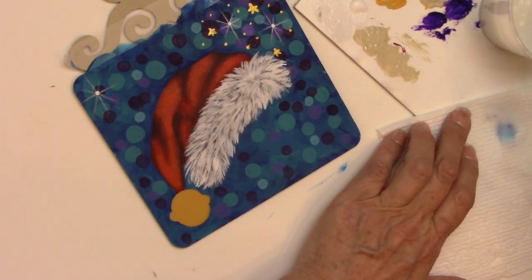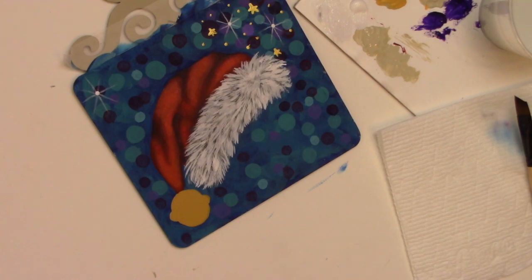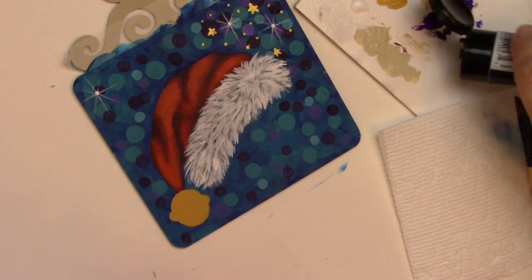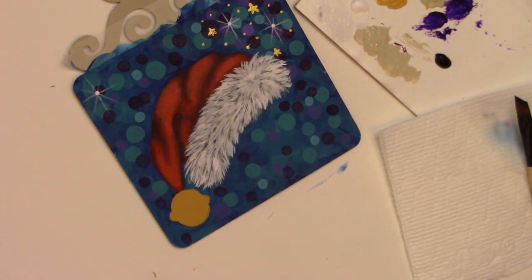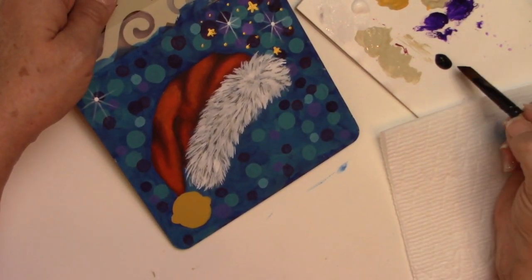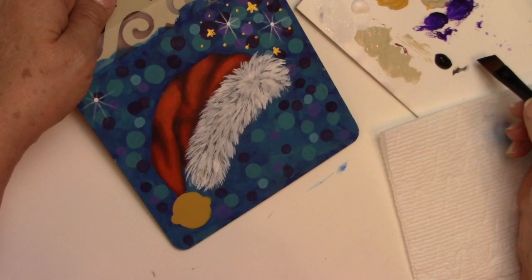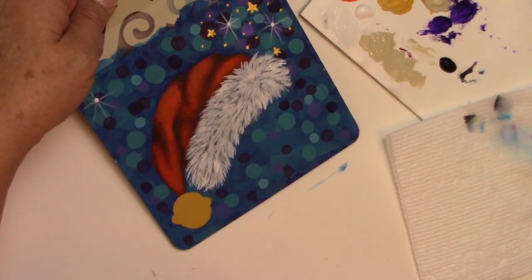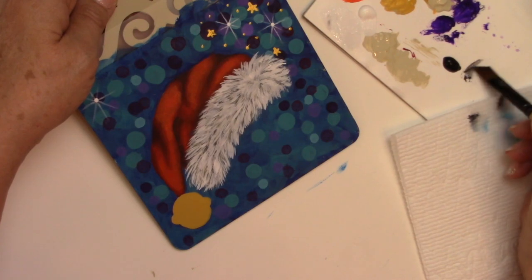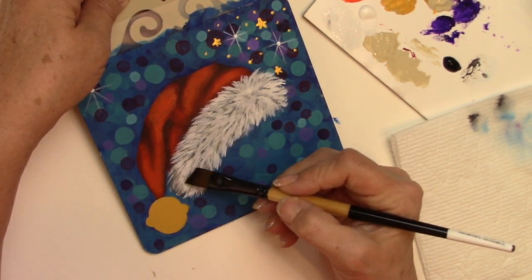Okay, now what am I going to use? I could use Payne's Gray in Americana, which is a very pretty color. I could try the darker gray, I could try the blue. Also, if you get that too solid, go back and add some more of your gray to break it up, and then add the white back in again. So I'm going to use the black, but in a wash. A wash means hardly any paint. I just want it to be more like dirty water. That brush was not clean, so let me get rid of some of that. Okay, so just like dirty water almost, and carefully I'm just going to brush that over the tips